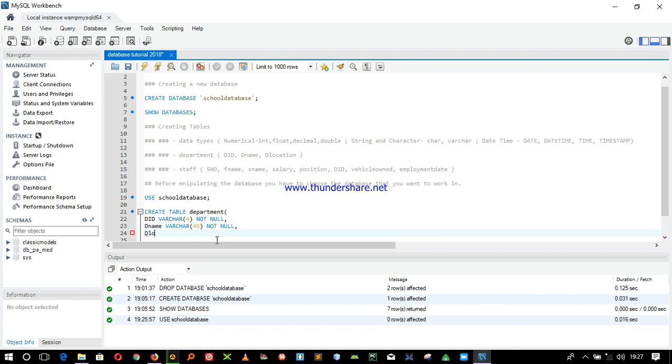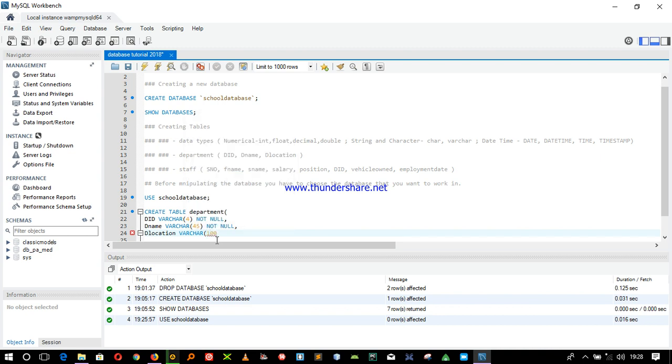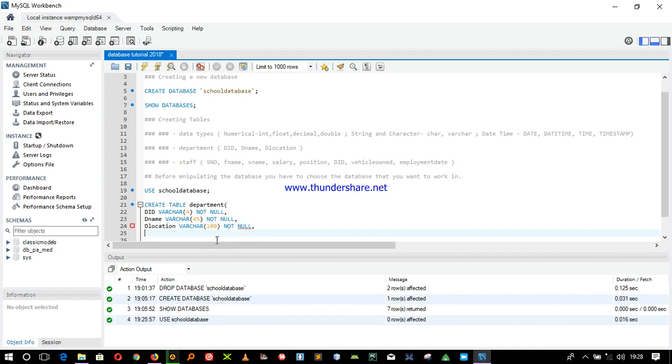Then the D location. According to our modeling that we did that day, we can safely say our location can get up to 100 characters.